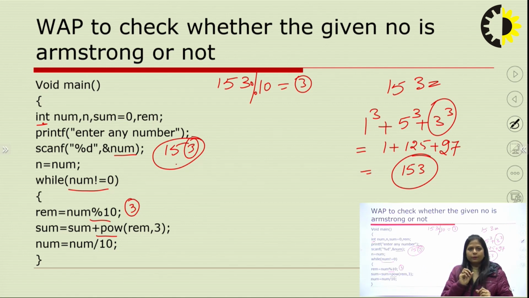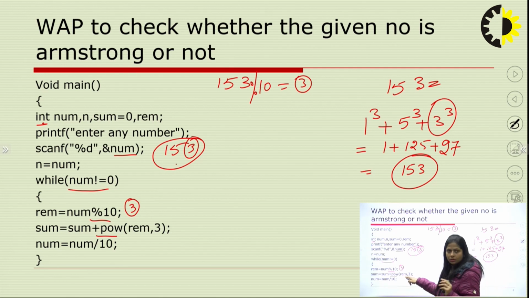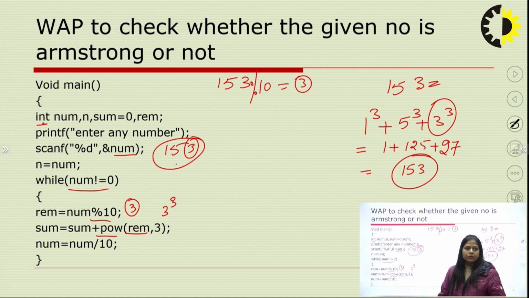Suppose you need to find 3 raised to the power 2, then you give this variable comma 2. Now, we are finding the remainder raised to the power 3. So, we have passed this variable name comma 3. That means, for now, 3 raised to the power 3, and that will be